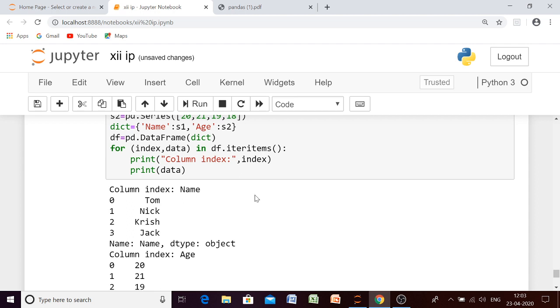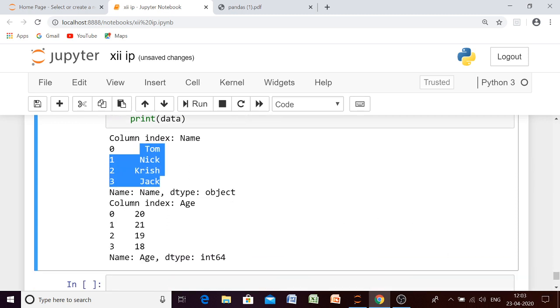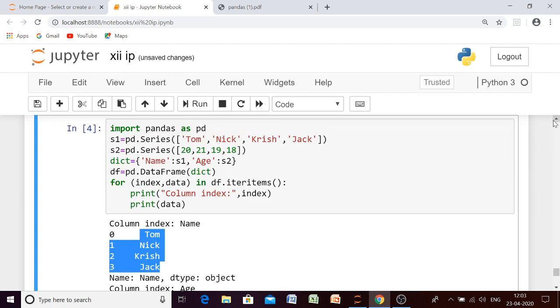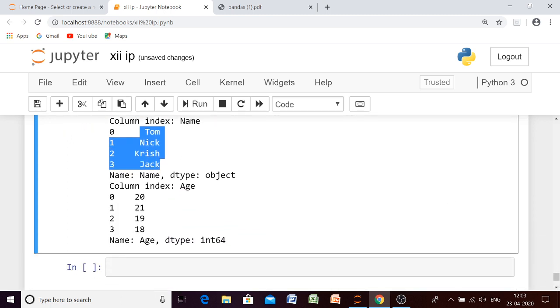Now see bete, yes, what we are getting, since this one is based on column index, the name of the first index is name, yes, and we will have all the values for the first column. Similarly this row index will be there bete, since in the previous case column index was also there. Okay, so here row index will always be there. So we are getting column wise data. First we have got all the names and then all the ages.